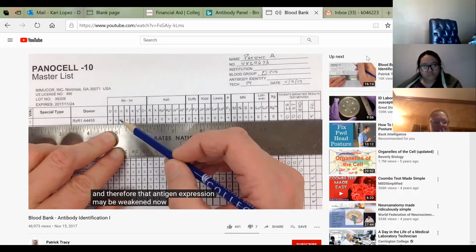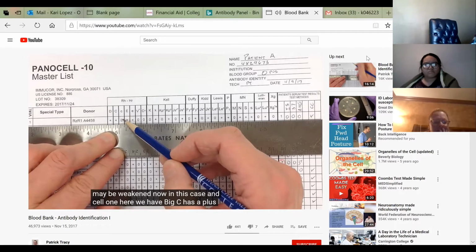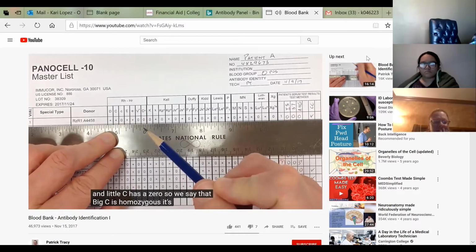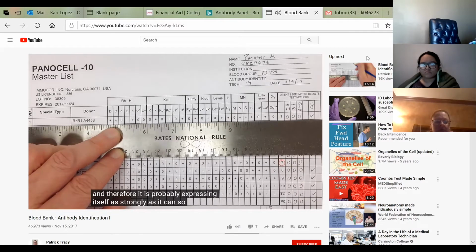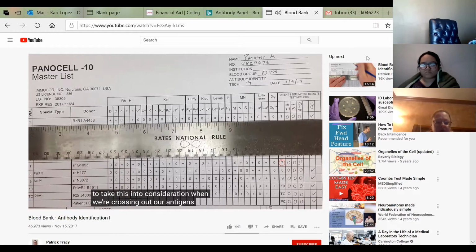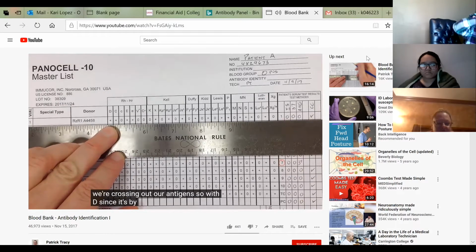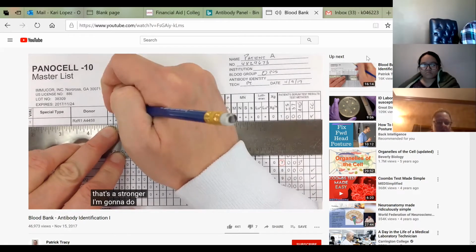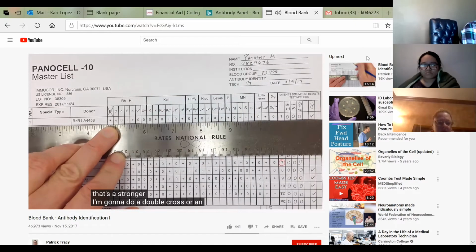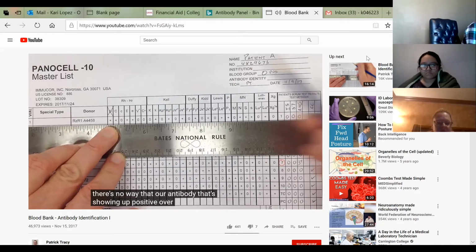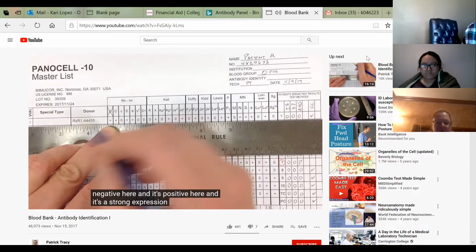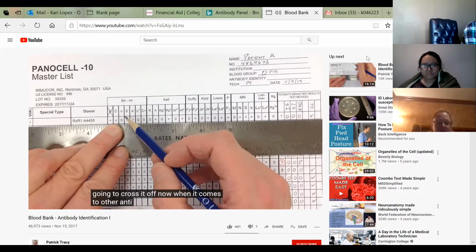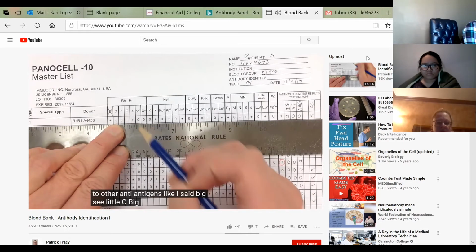Now, in this case, in cell 1 here, we have big C has a plus and little c has a 0, so we say that big C is homozygous all by itself, and therefore it's probably expressing itself as strongly as it can. So we have to take this into consideration when we're crossing out our antigens. So with D, since it's by itself, I know that that's a strong reaction. I'm going to do a double cross or an X. And that's going to tell me that basically there's no way that our antibody that's showing a positive over here can be anti-D, because it's negative here, and it's positive here, and it's a strong expression, so we're just going to cross it off. Now, when it comes to other antigens, like I said, big C, little c, big E, little e, we are also going to take